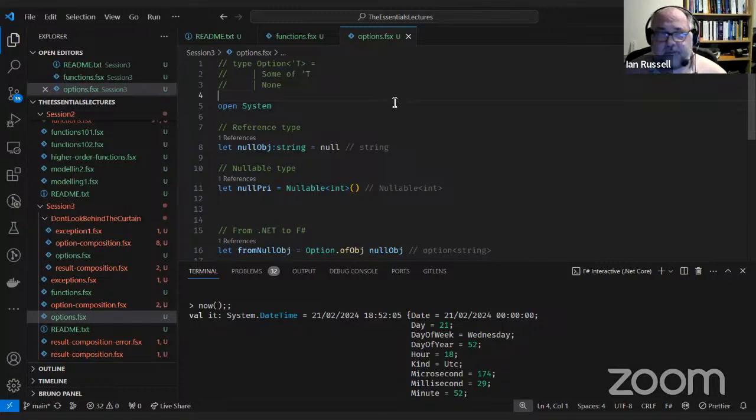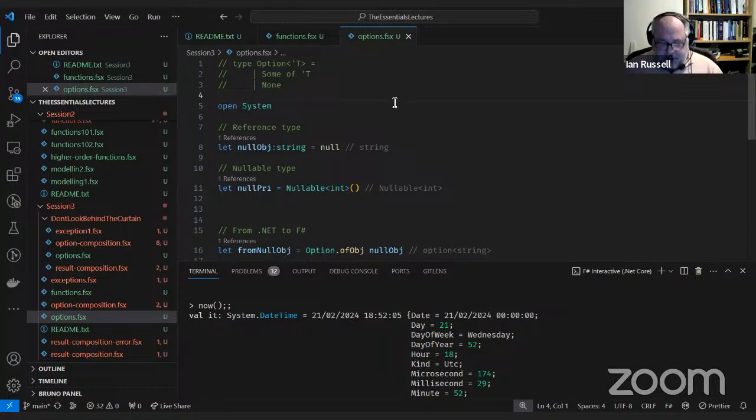So I've written C# since virtually it came out. A lot of the C# code that I used to write was null checks. I don't like writing lots of null checks. I much prefer this style of programming where we use options and we use the compiler to tell us when we haven't covered all the cases.